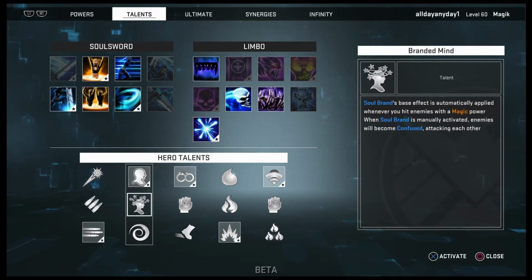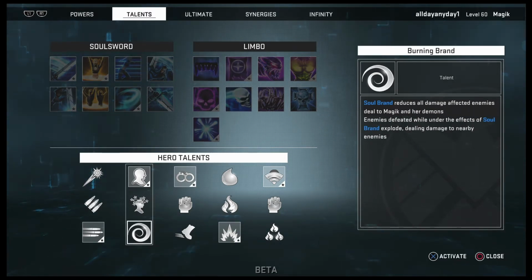This is a good one to have, and Burning Brand is a good one to have. Soul Brand reduces all damage affected enemies deal to Magik and her demons. Enemies defeated while under the effects of Soul Brand explode, dealing damage to nearby enemies. So this is actually the talent that I used during my first Cosmic Trial run for